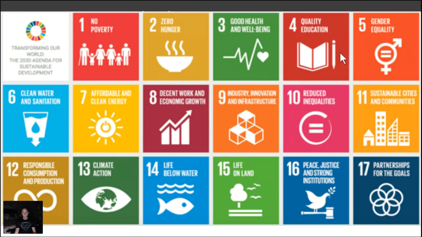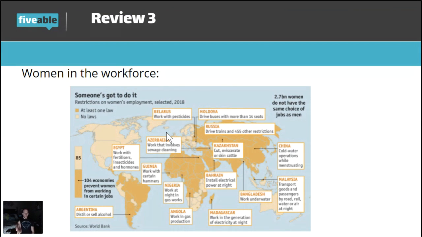And also, another thing about these Sustainable Development Goals is that they are more applicable to not just developing countries, but the world as a whole. Everyone is in it to win it when you look at the SDGs. So I would like to think we can achieve that. Women in the workforce. Just wanted to kind of look at gender real quick. It's in the course description for Unit 6.